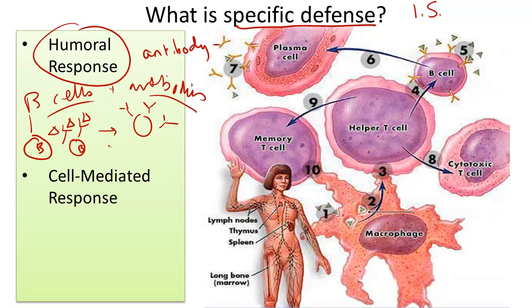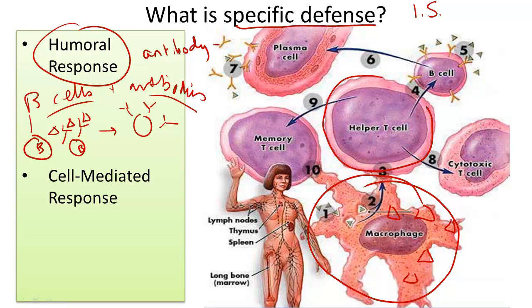And like the police and ambulance waiting for an emergency to occur, the first cell on the scene is called a macrophage. This first line of defense, or this first white blood cell on the scene, engulfs a pathogen. And what it does is it displays a piece of it on its surface, on its membrane, almost like a wanted poster. It then finds the right helper T cell, or T cell, to relay the message to B cells,